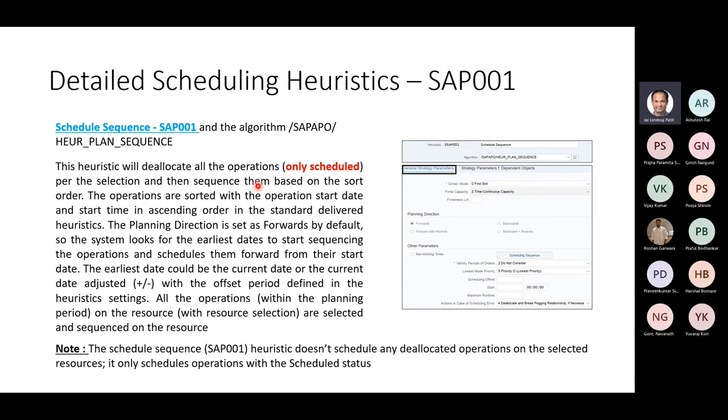So if there are 10 operations, it will sort the operations based on the criteria that we have given. Okay, start date. So based on the start date, it will sort. So there are sequence criteria and based on which it will sort them. So now I will have 10 of my